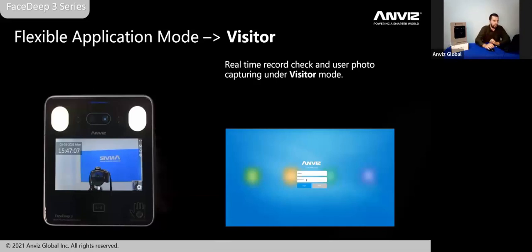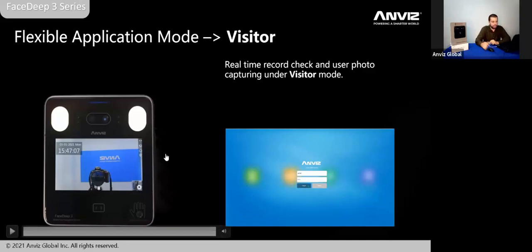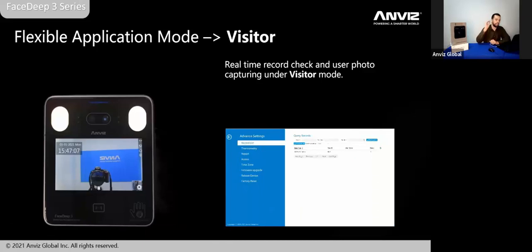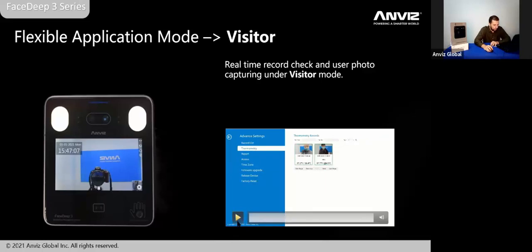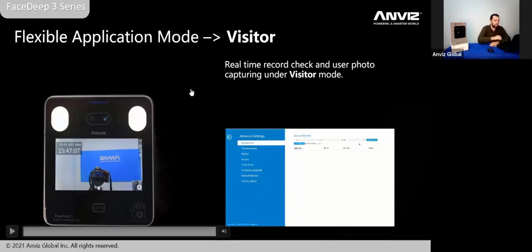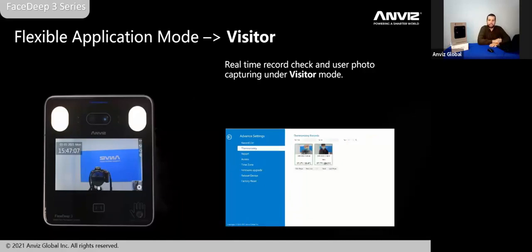So I think that now I have given you more details about these two differences of normal and visitor. And just to complement, on the right side, we have another application we provide. There is the web server function. When you type the IP address of the device on the browser, we have this other tool we can explore. And if we go here to the record list for the device thermometry side, we have pictures of those visitors, of those regular users in there. When they get access, which was their temperature, if they were wearing a mask or not,